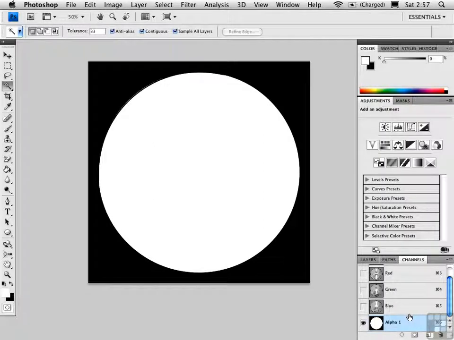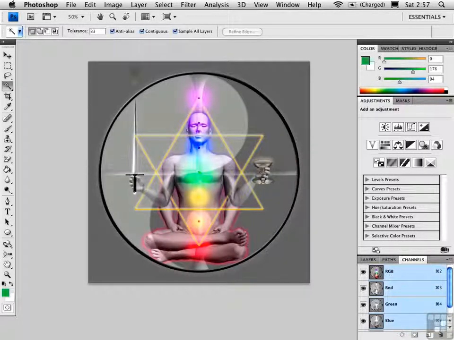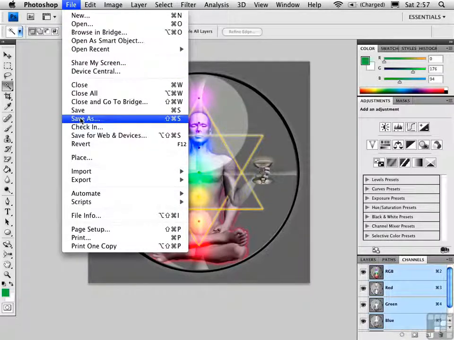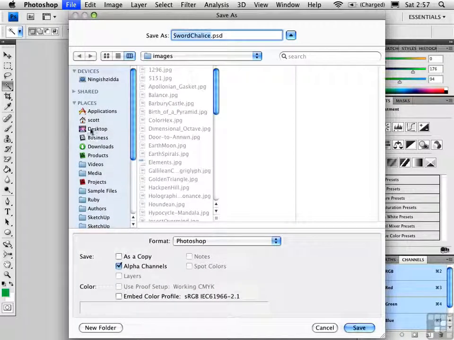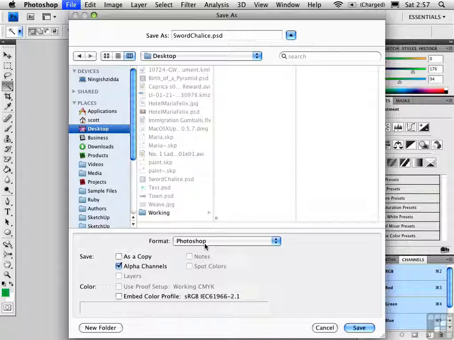The white area indicates what will be opaque, and the black area indicates what is transparent. You can have shades of gray in an alpha channel to create partial transparency. I'll just go back to the RGB channels and save this in a format that supports alpha channels. In this particular case, I'll save it as a Photoshop document. You could also save it as a TIFF. Both of these formats support alpha channels. I'll save it,